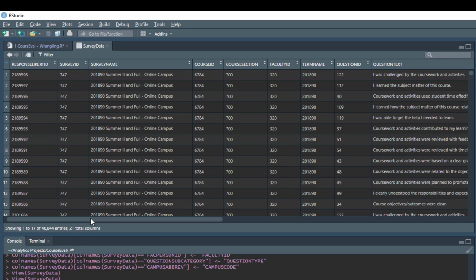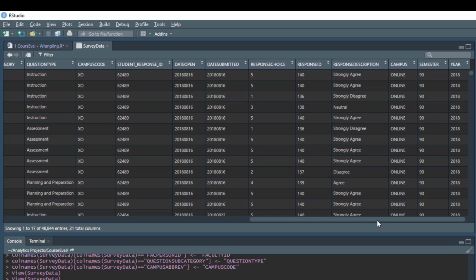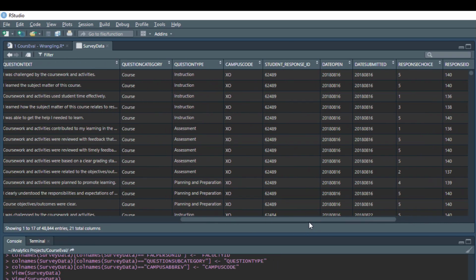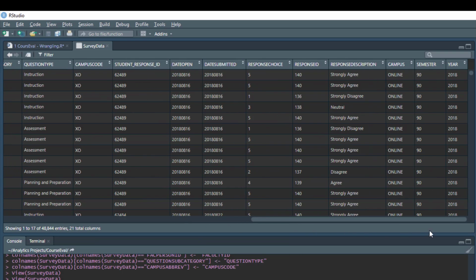and if we scroll to the right, what we can see is we have new values. We see that we have a semester of 90 and a year of 2018 in this case. Let's scroll to the left a little bit so that we can see the term name, that's what we're using. In this case, it's 2018-90. What we wanted was a semester of 90 and a year of 2018, and we can see a semester of 90 and a year of 2018. So it looks like it works properly. But